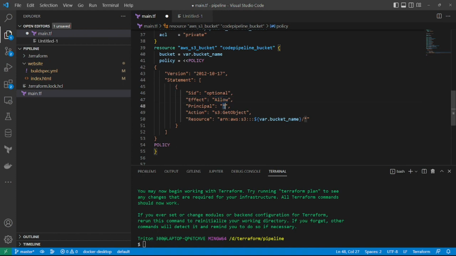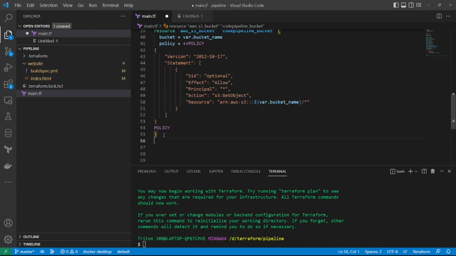I'm allowing all the resources for S3 get object, and the resource is S3 var.bucket_name. Inside the ARN of the bucket, I'm going to allow all objects to all the resources. So this is made public. The objects of the bucket are made public over here. So the next thing I'm going to do is